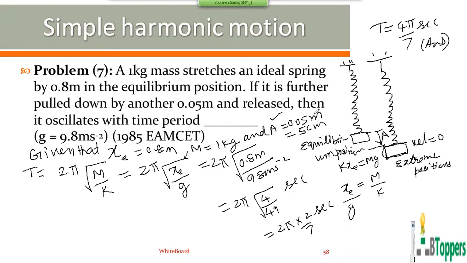I would like to do one question based on the same problem. The next problem is also based on the same discussion, where you are asked to find the maximum speed of the block during the oscillations, and also the speed of the block at a particular position when it is at some distance below the equilibrium position. Those who want to copy the solution of the problem can take a pause and copy it. I'd like to discuss the next question based on the same problem.